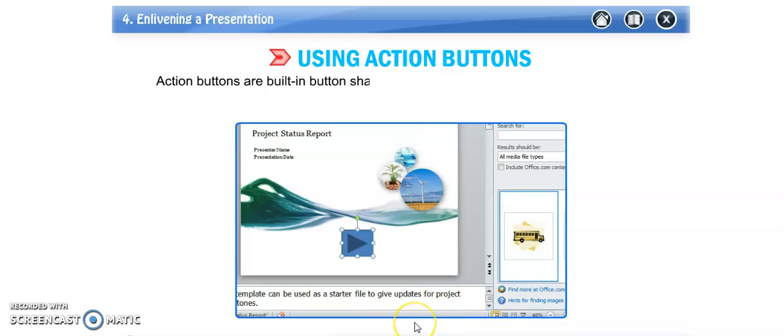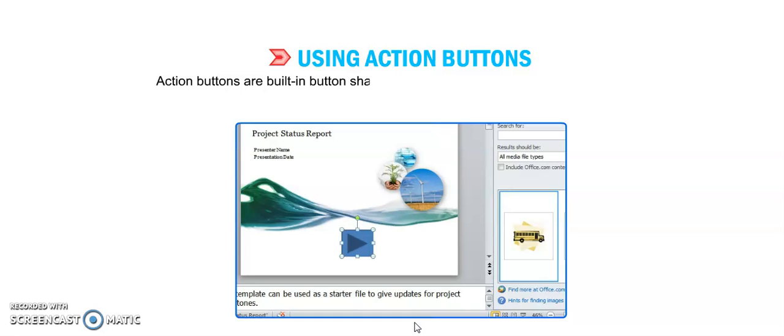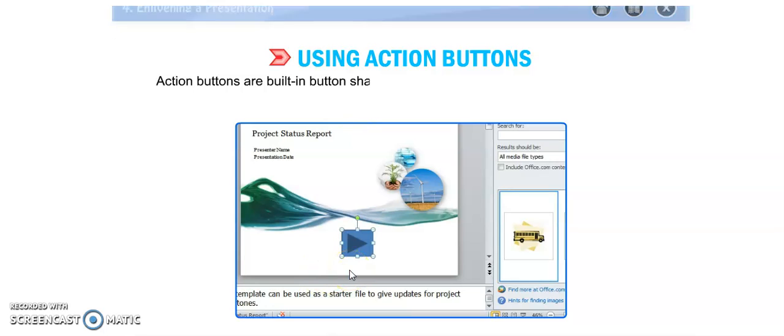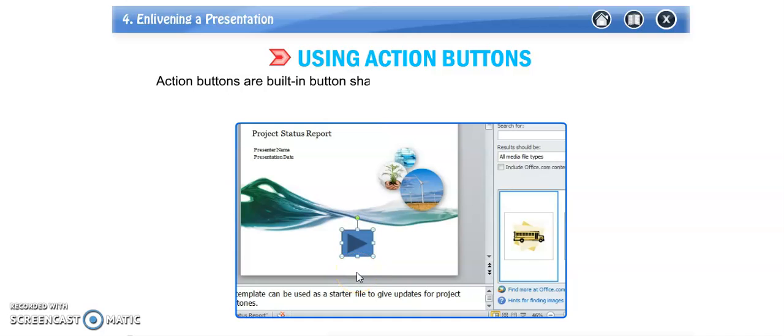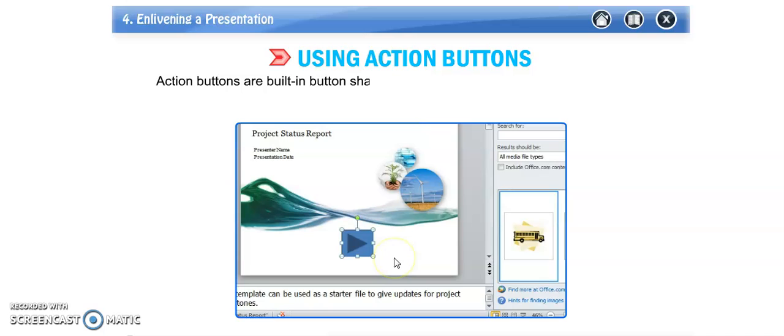Okay, on the internet, when you are surfing or searching for any information, you have seen many buttons like play button, pause button, record button. Okay, so these are action buttons, and these action buttons we can add in our presentation also, and we can set the function of those buttons